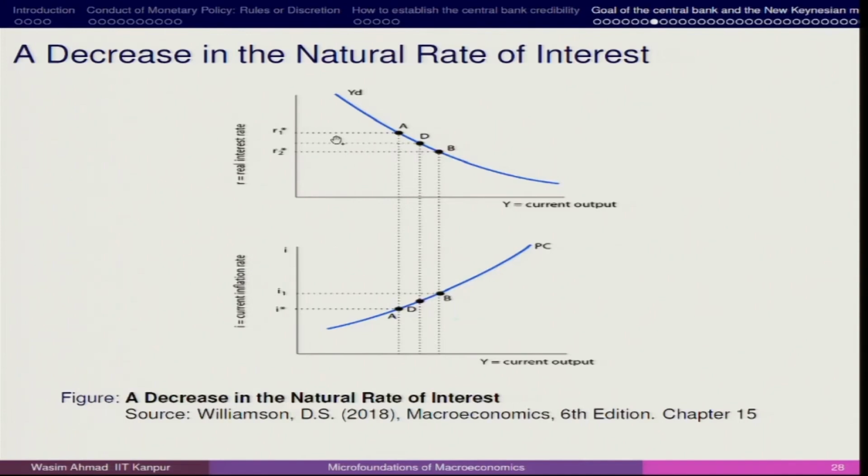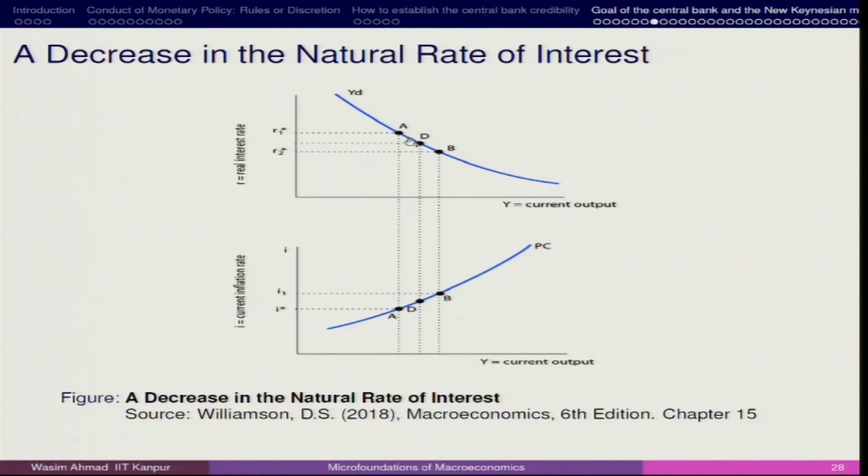Even if R1 star is going to be lower, suppose it comes to point B, here we have a higher level of inflation, though the inflation should have been at point A. Now, in this situation, what is recommended? Because these two situations are very difficult to meet, let us first understand that at point A we have R1 star and here we have I star.